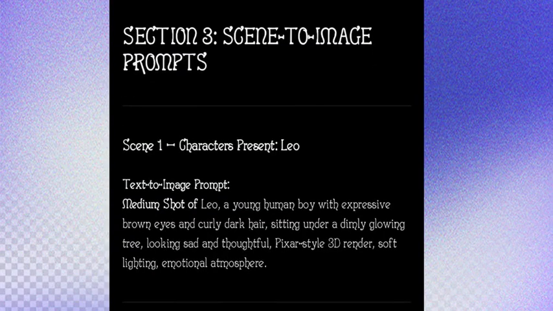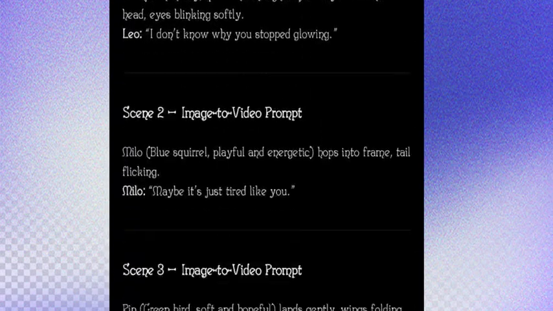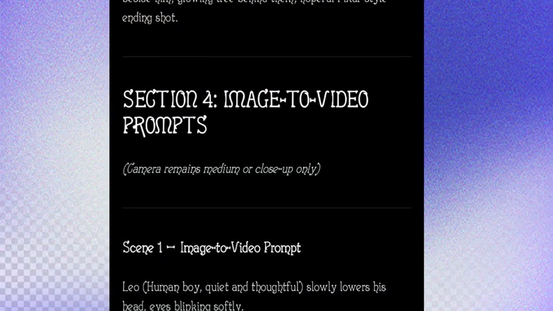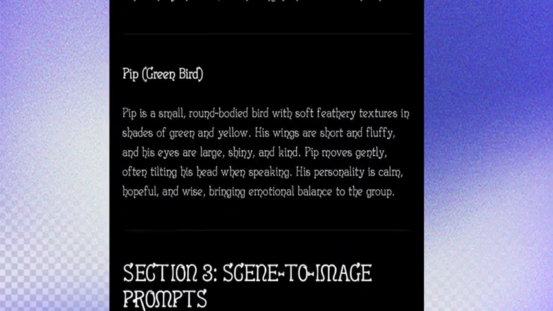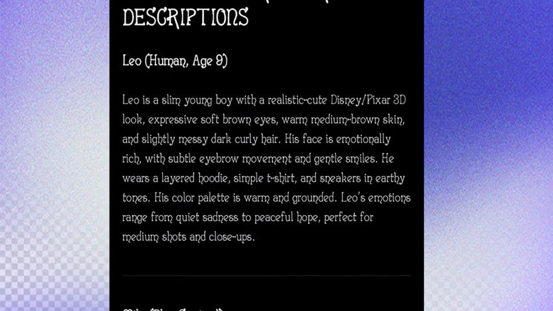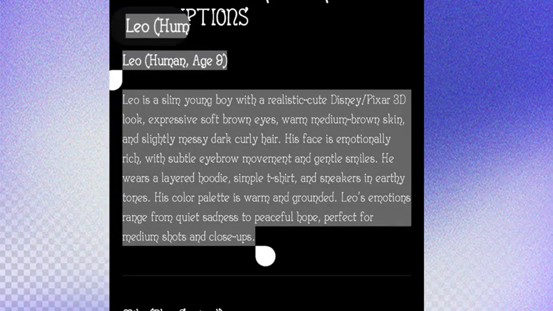Now, this is the image to video prompt. As you can see, it also gave me the image to video prompt, and it also gave me the image prompt. Now, the first thing I did was to copy this character here. As you can see, I copy it. Now, the next thing I do is to copy like this, and after I copy,